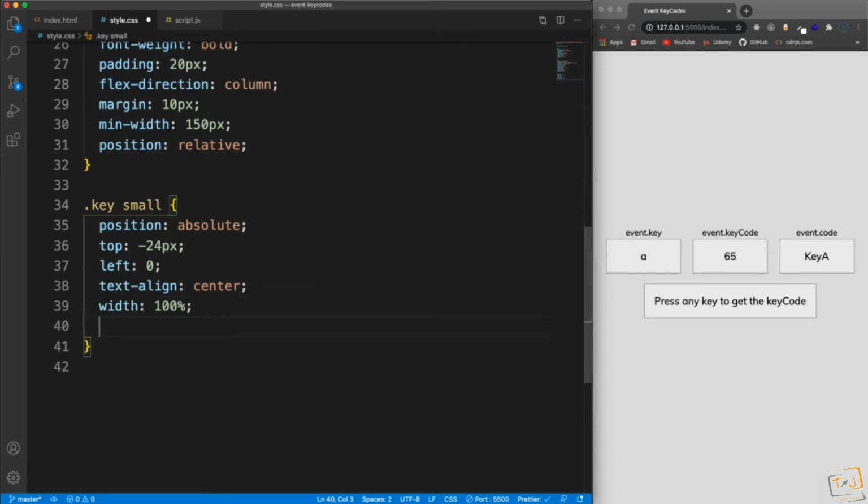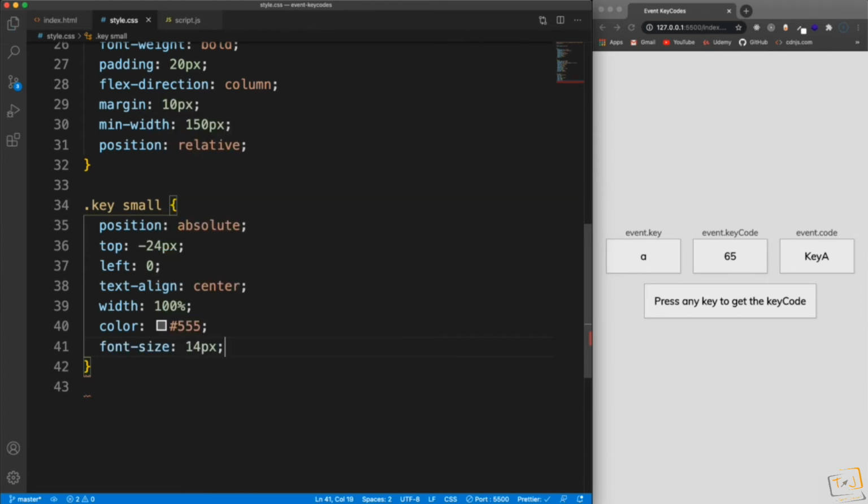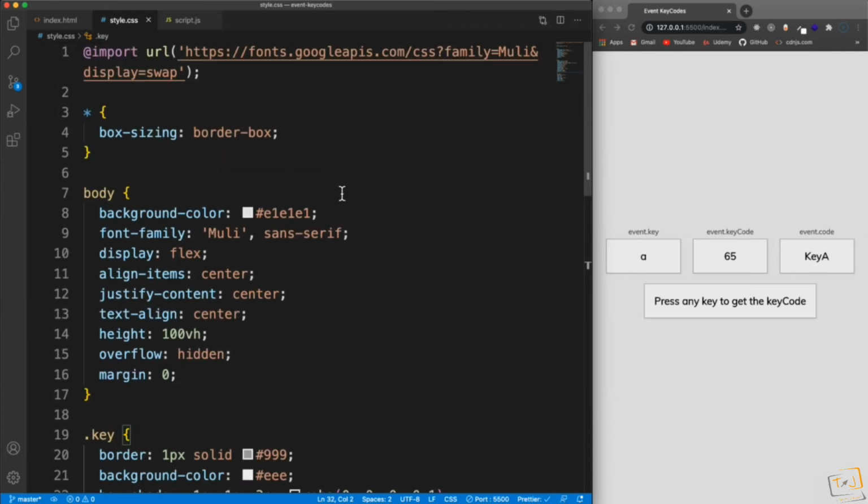Let's change the color to 555, and I want it smaller, so let's set the font size to 14 pixels, like that. And I think we should be good. Yeah, so that looks okay. So in the next video, we want to give this some functionality where we don't even show these 3 boxes until we actually hit a key, and then obviously whatever key we hit, this data in here is going to